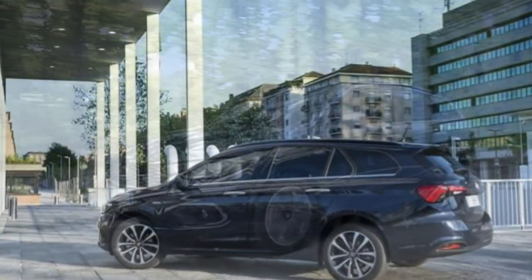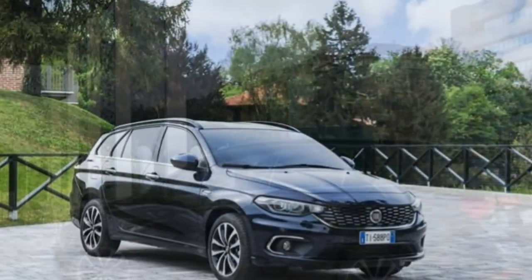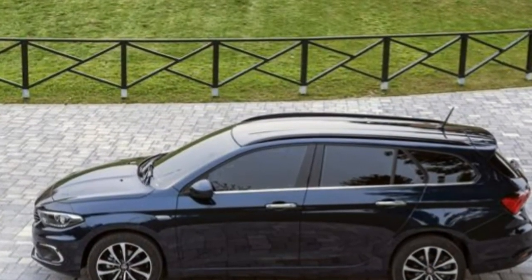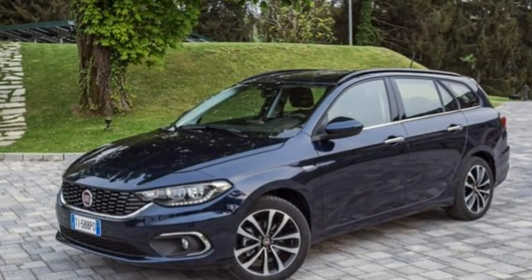Inexpensive to buy and generously appointed, the Tipo station wagon will be sold in 3 trim levels, called Easy, Easy Plus and Lounge. All station wagons come with DAB radio, Bluetooth connectivity and aircon as standard, with prices for the 2016 launch starting at